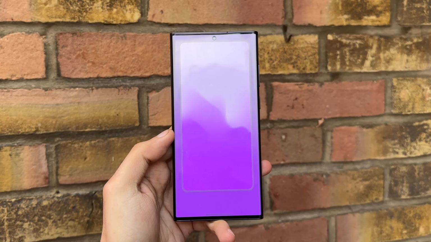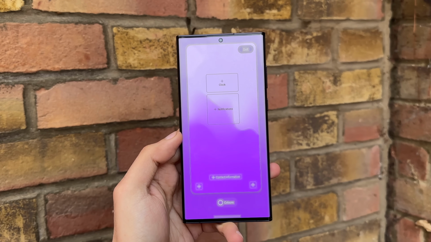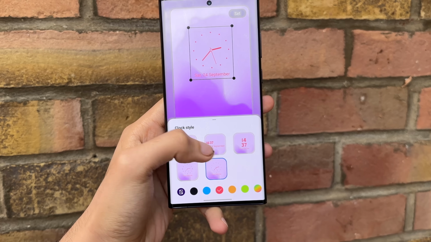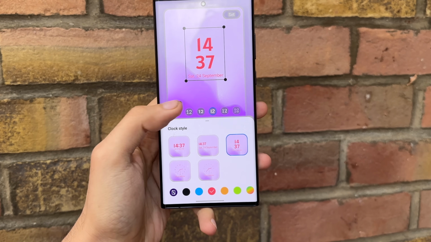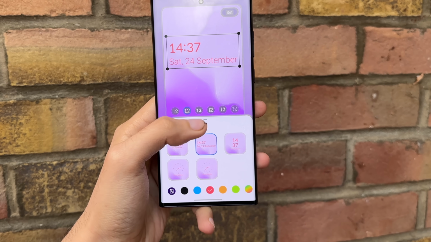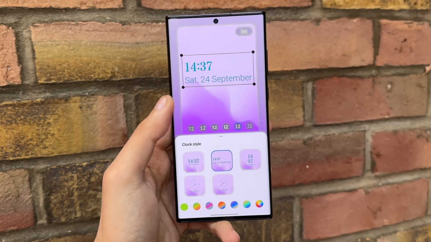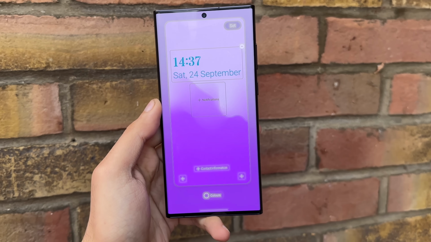Once you hit the preview, this is where you see loads of options to customize. Starting with the timer and date info, you can change the font and the colors. There are a bunch of different options to play with, really good animation styles as well. You can definitely see the iOS 16 inspiration, but Samsung has added their own additional spin on it with the